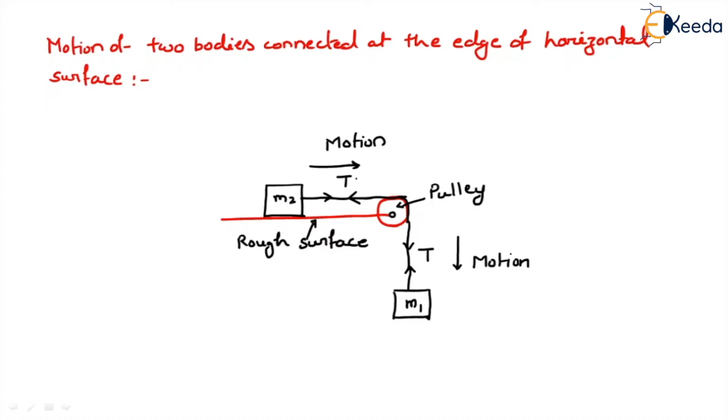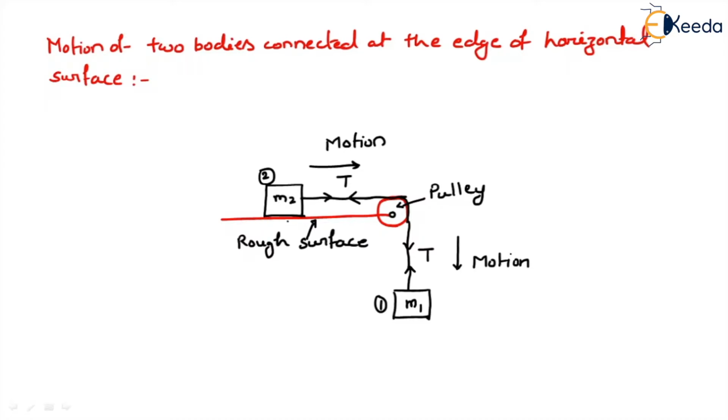So here, this is the diagram. Here we are considering two objects or two bodies. One is M1 and the other is M2. These are representing masses of the objects. So the first object is having mass M1, and the second object is having mass M2. So here we are considering two objects or two blocks. Let's see the first block which is having mass M2.